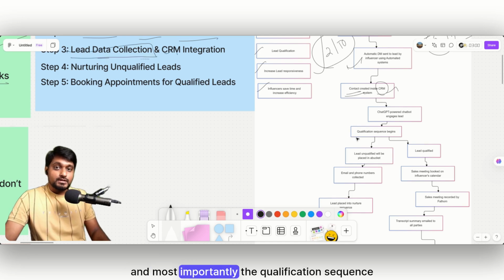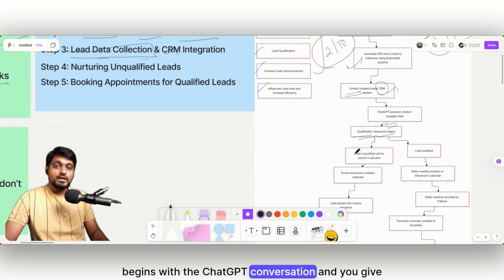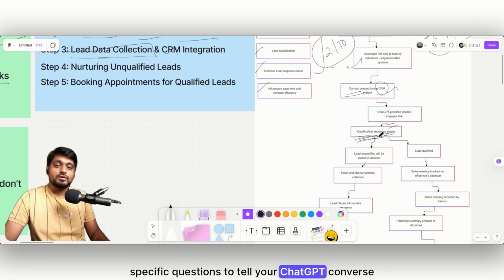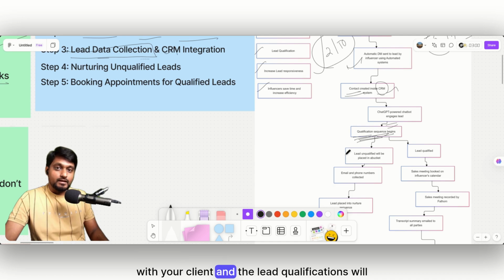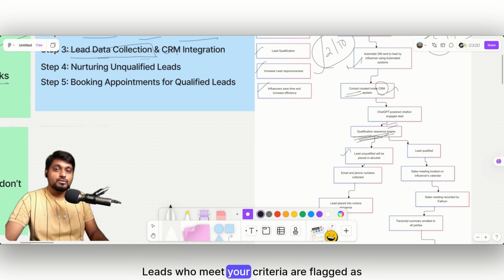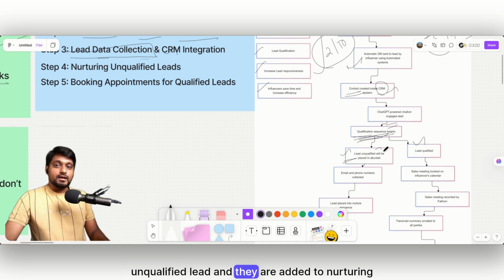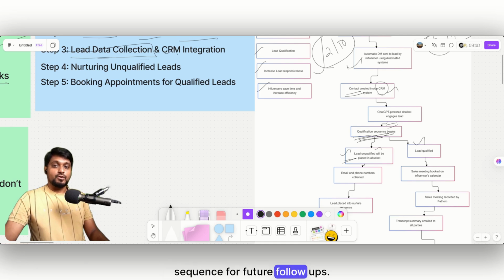Most importantly, the qualification sequence begins with the ChatGPT conversation, where you give specific questions for ChatGPT to converse with your client, and the lead qualification takes place here. Leads who meet your criteria are flagged as qualified, and the rest of the leads are named as unqualified leads, and they are added to a nurturing sequence for future follow-ups.